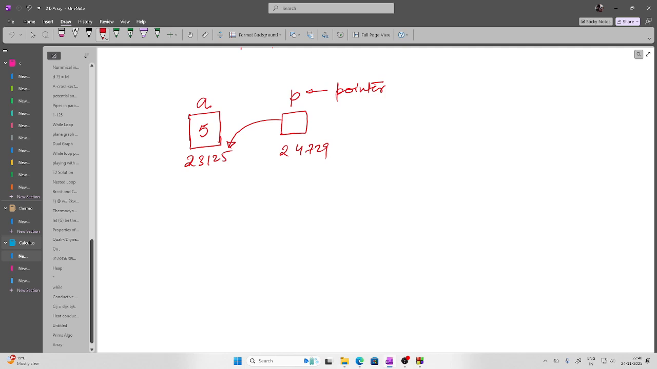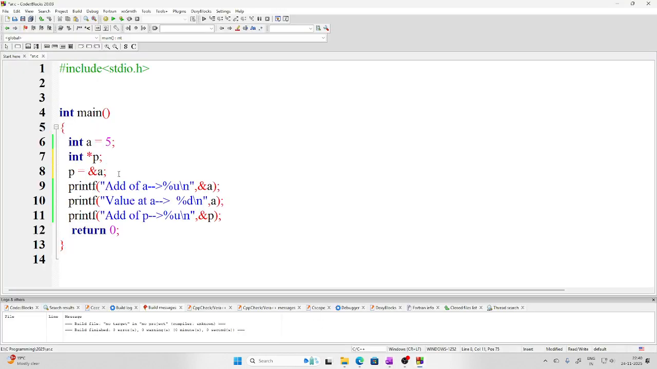What do I mean by pointing to this address? It means now this value will be inside 23125. Now this pointer will be holding the address of that variable where the pointer is pointing. Okay, so now if I try to print out what this P is holding now,